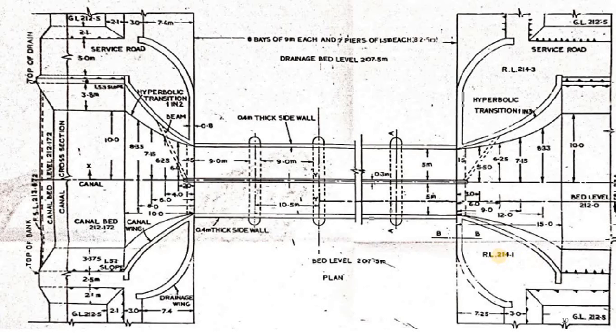Next is coming to the reduced level of the ground level. As you can see here, the reduced level is 214.1, that is, the soil is filled up to a reduced level of 214.1. Now what is this 214.1? It's nothing but, if you remember, 212 was the bed level plus 1.5, 213.5, plus a freeboard of 0.6 meter was provided, so total of 214.1. So up to that level the soil will be filled in these areas.